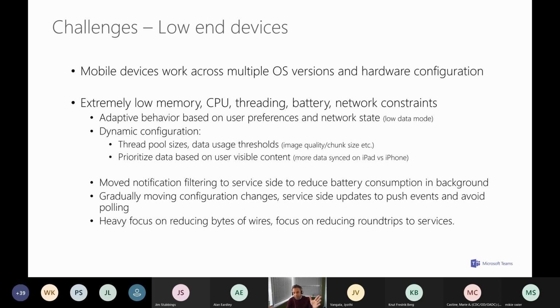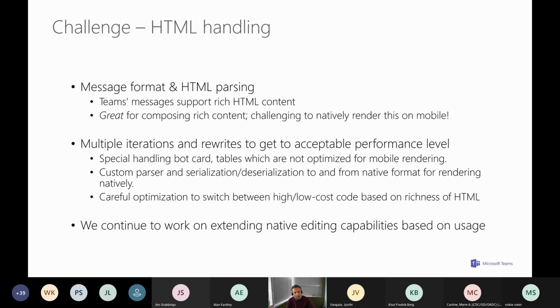And those kinds of things basically force us, for example, like I was saying, to push notification filtering, send configuration changes gradually, eliminate the number of round trips that we were essentially doing, or keep services alive in the background. Very quickly, in the interest of time, since we only have like 10-15 minutes left and I want to open it up for questions,